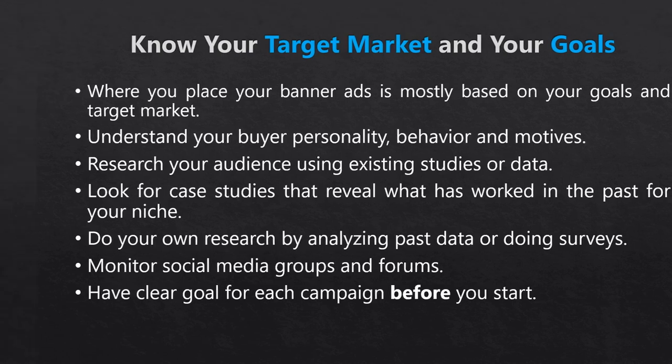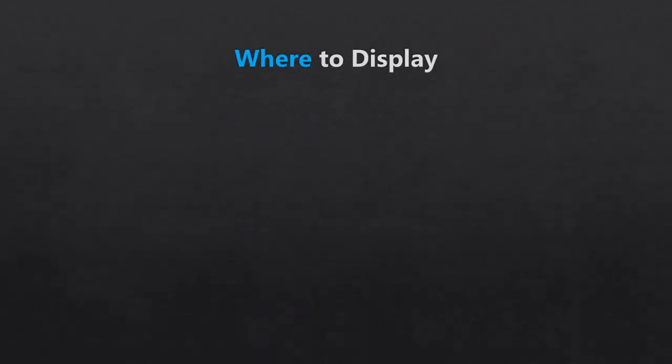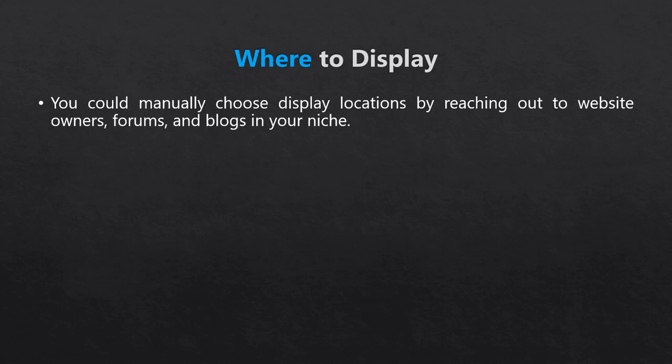Once you've got your target audience and goals sorted out, it's time to pick where to stick those ads. One option is to manually choose display locations. You can do this by reaching out to website owners, forums, and blogs in your niche. If you're selling an internet marketing tool, go pay for a banner placement in the header area of the Warrior Forum. If you're promoting your new book, find a popular blog for books in your genre and approach the owner